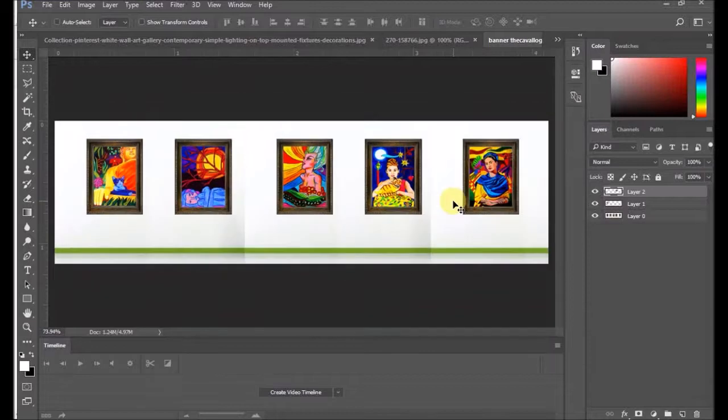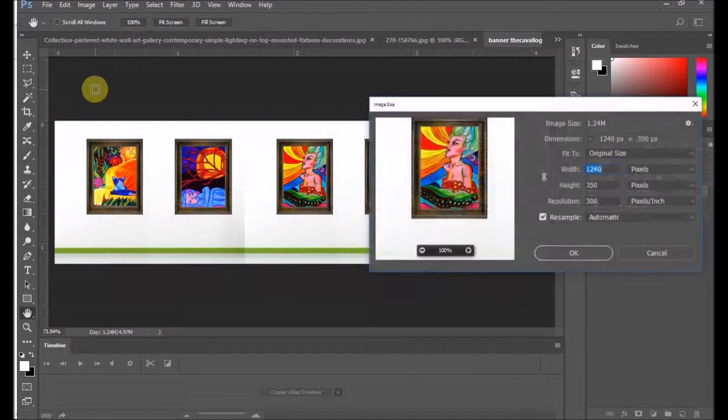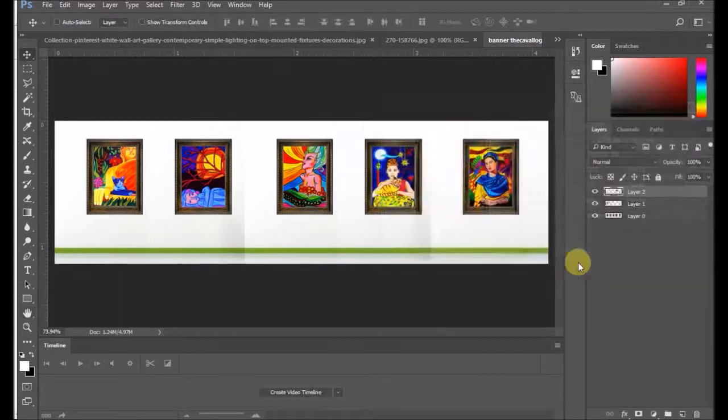Alright, so the pictures for the slider are ready. I'm gonna save this. So once you have your background image ready and the size is ready, and it's the size of the slider, 1:40 by 350, it's a 300 dpi, it's an image 1.24 megs. It's not a big deal, it's not that big. We have side compression and everything, so it should load up quick. Now I'm gonna save this,